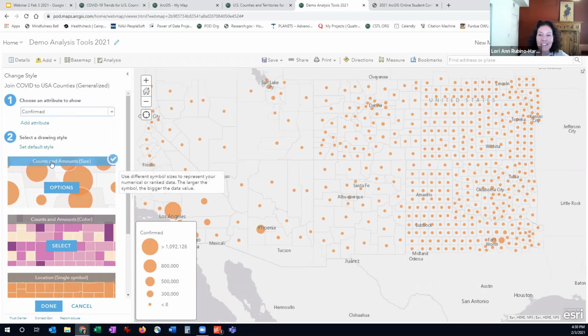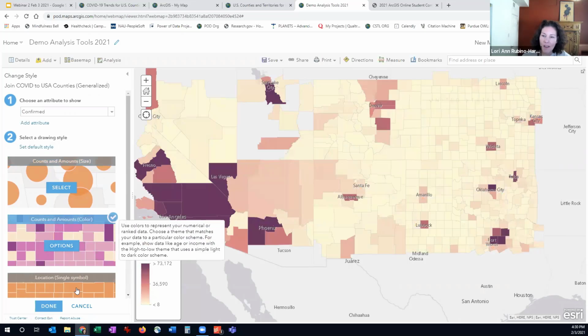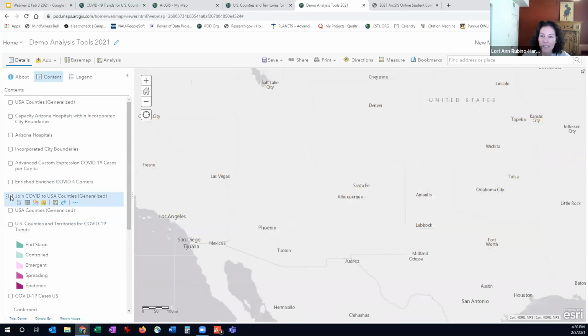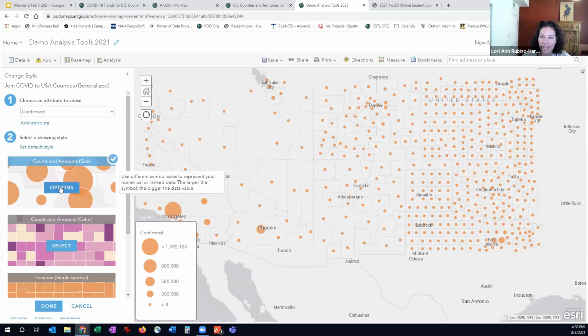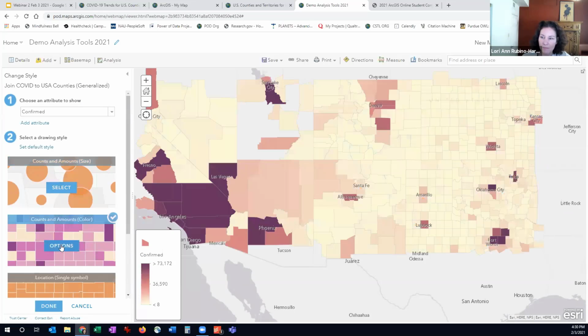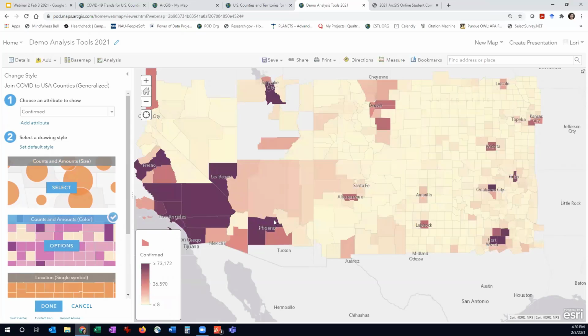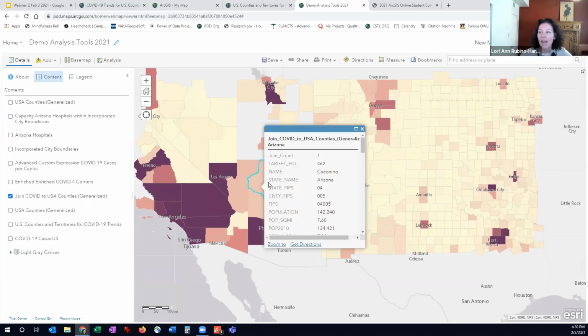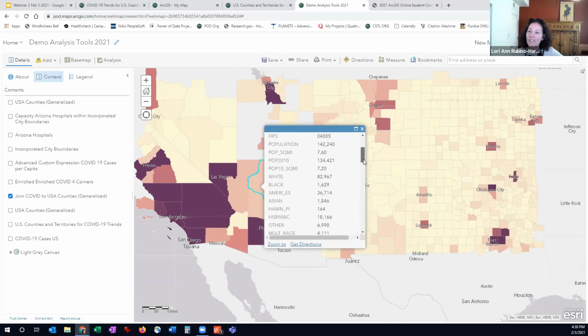But instead of choosing counts and amounts by size, which is showing me the size in the dots, I'm going to do counts and amounts by color. Oh, look at that. I made my own layer, and I can see it by color. Wait, it didn't take. There it is. So now I have it displayed by color,